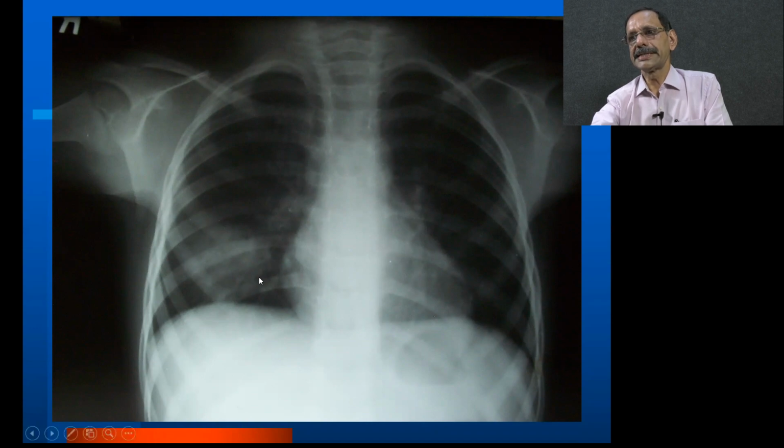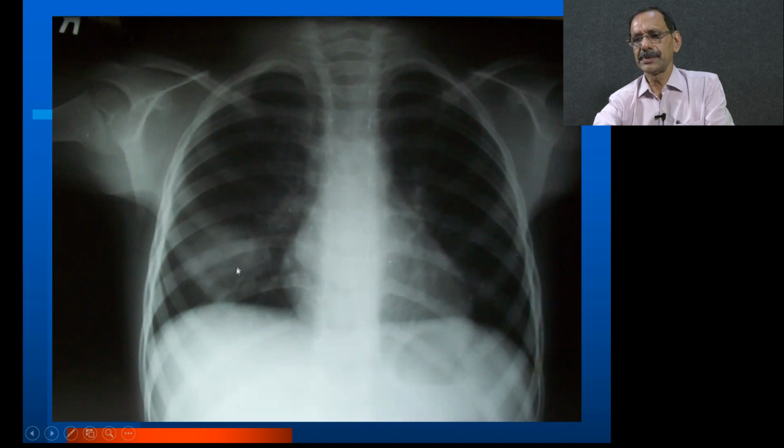Yeah, this is a round shadow, or maybe we can call it a round pneumonia. The commonest cause of round pneumonia is definitely the ordinary pneumonia, like pneumococcus or H influenzae. Because common things are common always. And the differential diagnosis, definitely they are going to ask in the exam. One could be an abscess where it has not emptied through the bronchus, so there is no fluid-air level. So that is one.